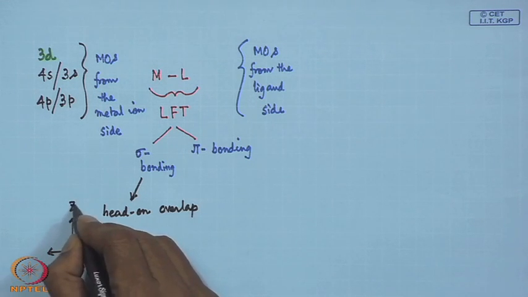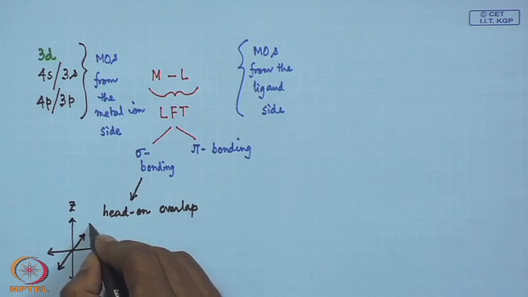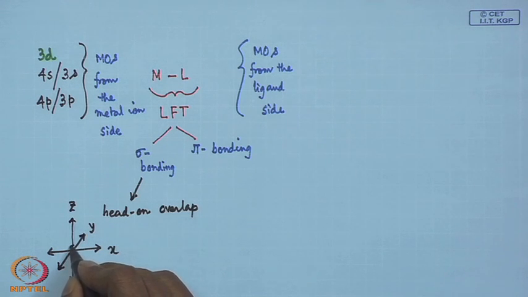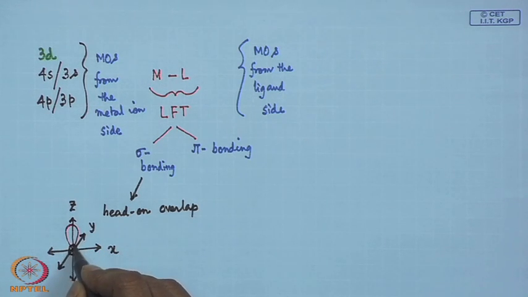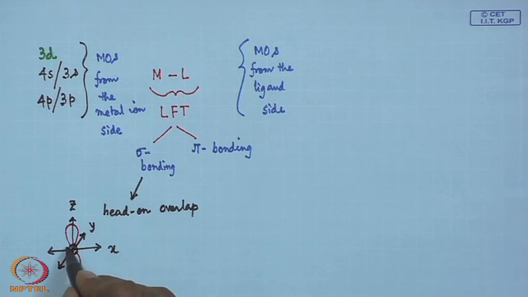So, if this is z, this is x and this is y, and the metal is sitting at the center of these Cartesian axes. Now, we can have the corresponding ligand. So, if we have some ligand, which we have earlier seen in case of the crystal field theory, we have the corresponding dz square orbital,